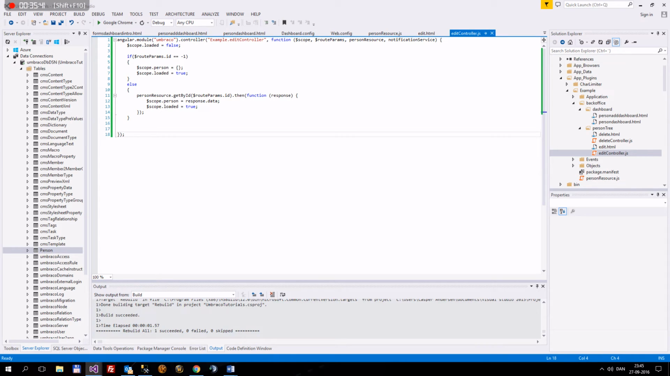There we go. We want to add one more thing. We want to add a scope.save is equal to function. There we go. And we want it to be our person object. Yep, that all seems fine. Just open and close that for a second, and then we want to say personResource. There we go. And we want to save. We want to save the person, and then